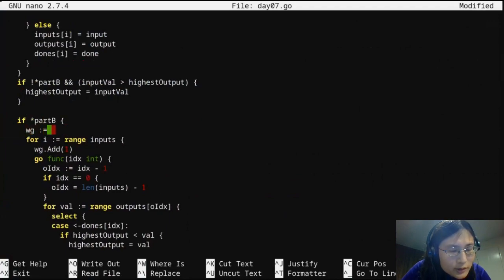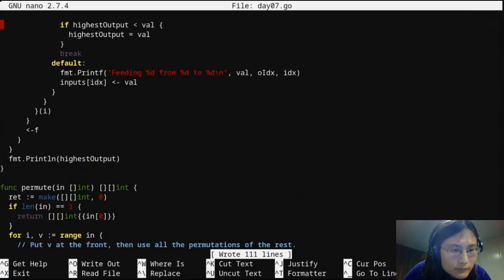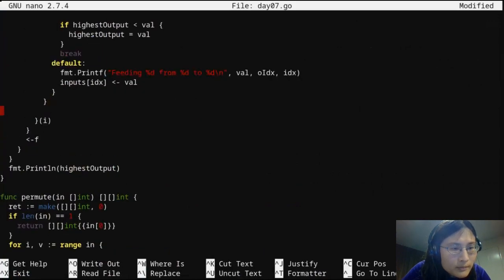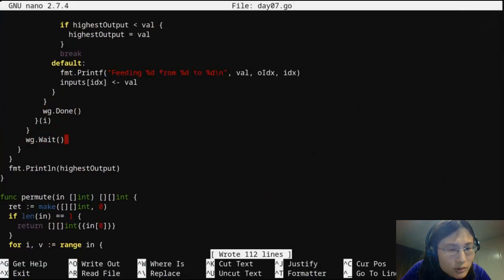WaitGroup is WaitGroup add, WaitGroup done, and WaitGroup wait. Okay.